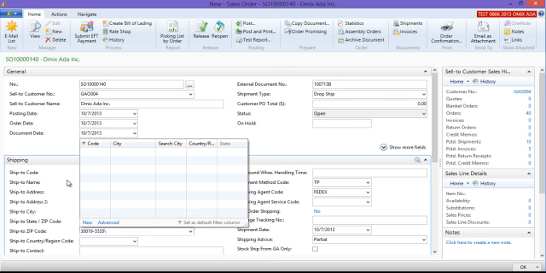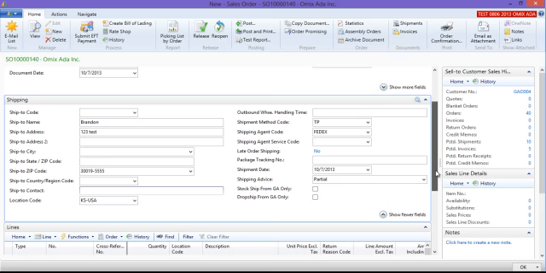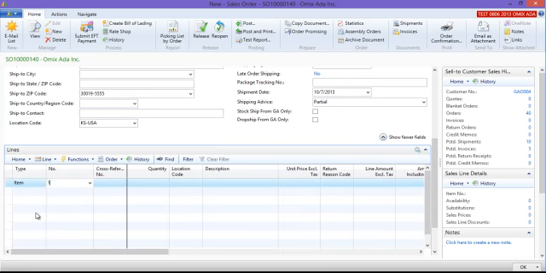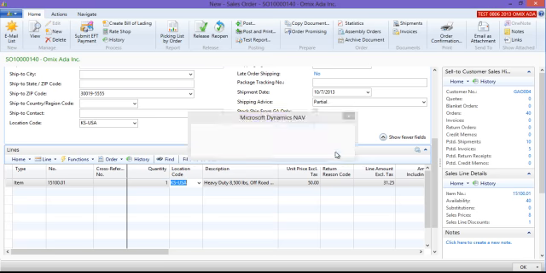and they leave that field. They proceed to the lines to enter an item. They finish entering the order and they hit release. This message pops up, which is accurate. It says please enter ship to address. You hit OK